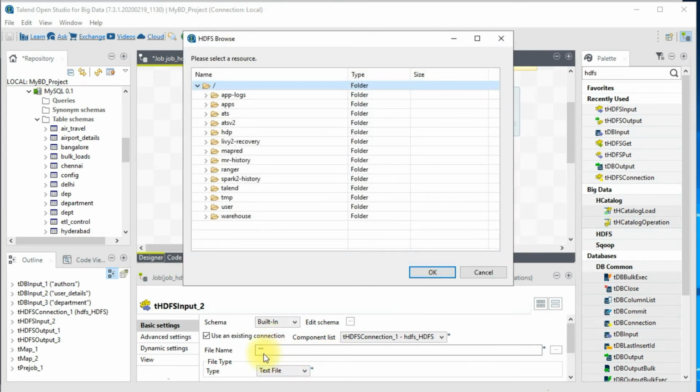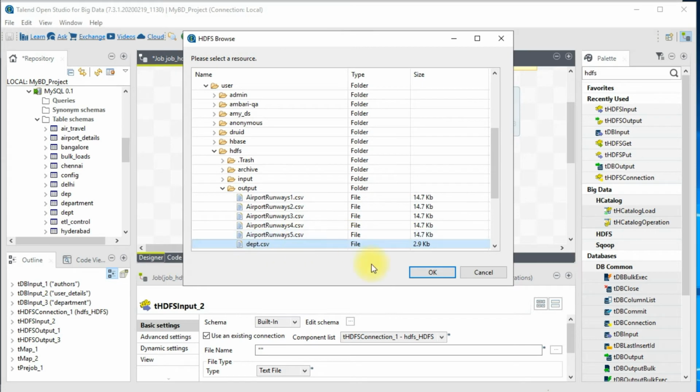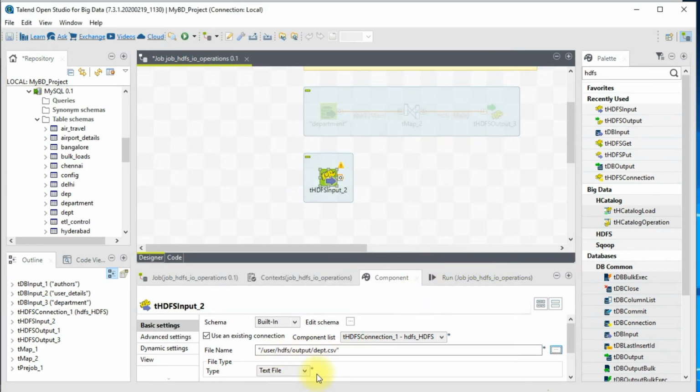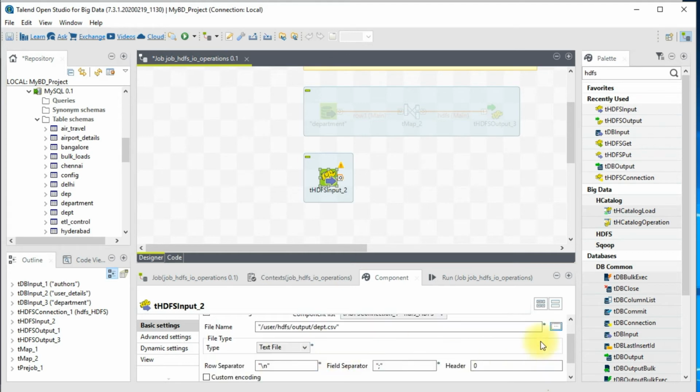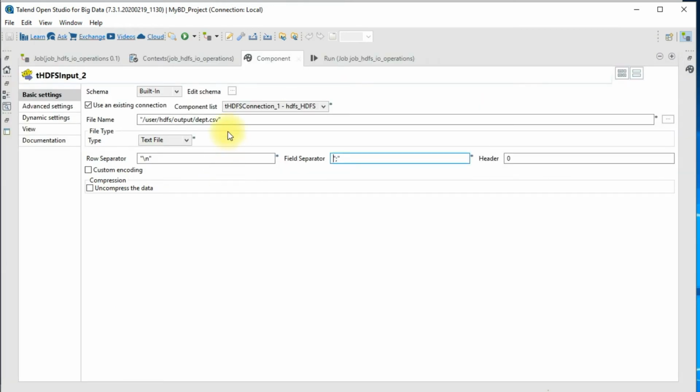You can even specify it directly, type in here. There's no need to go to this portal and get this file directly, but just for the sake of simplicity and to avoid a manual error, I'm choosing it from browse. You can even parameterize it. You don't have to hard code all the time, right? You have a way to use context variables or global variables to have this parameterized. This is all for demonstration purposes, but when we develop real jobs, we should avoid hard coding and use some sort of context or variable through which you pass all these dynamically, right?